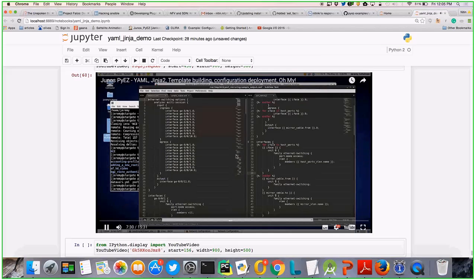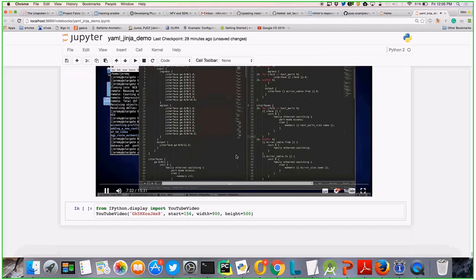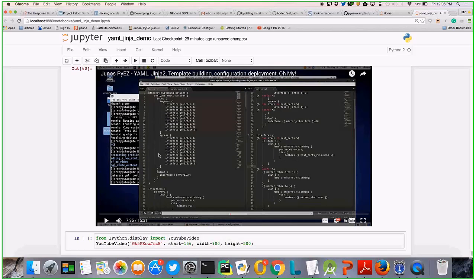So this is again a PyEZ video. The rendered or the completed merged file, the actual file. So here you can see we have a template. What he's trying to showcase is you can provide a YAML template, all those things. You just provide this Jinja template file and this YAML content file to PyEZ. It will take care of rendering both things into one config and loading onto the device. That is what we are trying to showcase here.